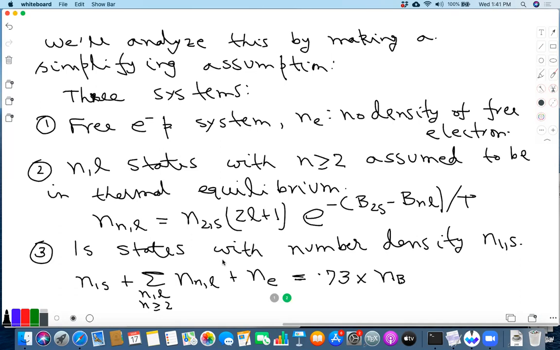So let me try to express this. Okay, so next what we're going to do is to try to express this explicitly as a formula in terms of N2s, simply by using this formula, so that we don't have to write the NNLs anymore. Okay, we can write everything in terms of N2s.